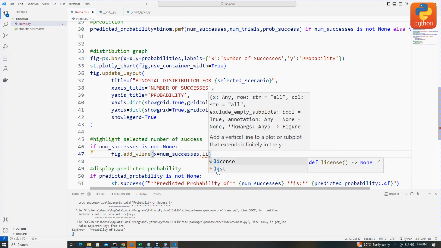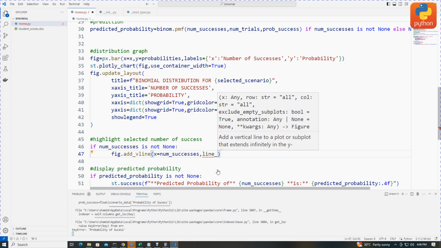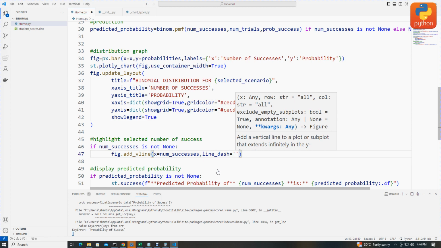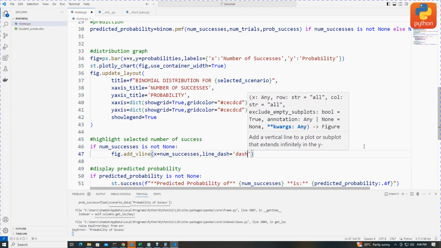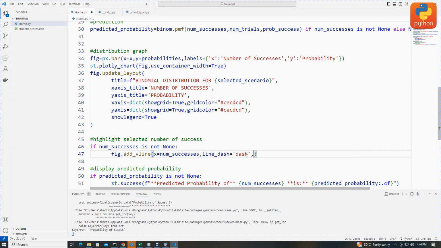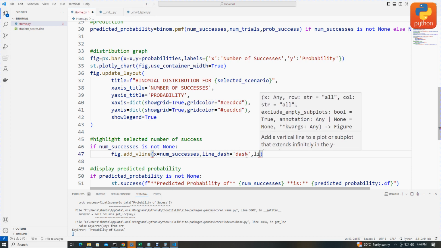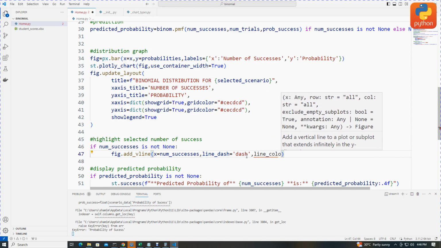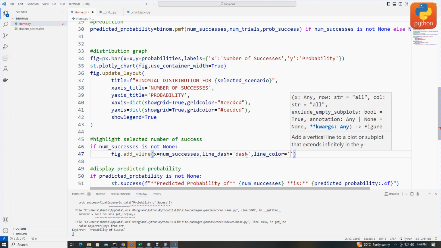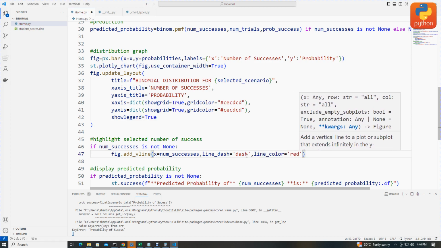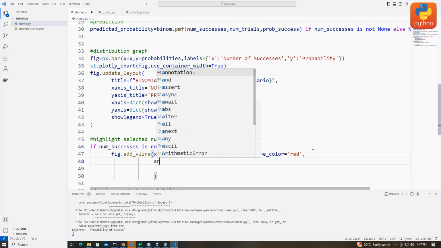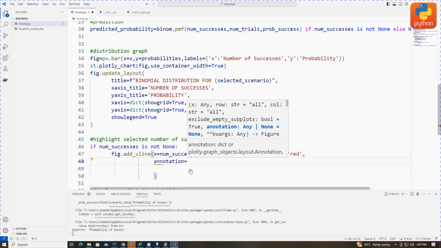I'll choose the line underscore dash equal to dash, and line underscore color equal to red. Okay, so after doing so, kinachofuata kama comma, then choose annotation equal to annotation text,